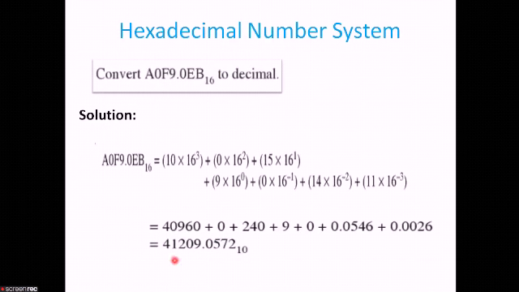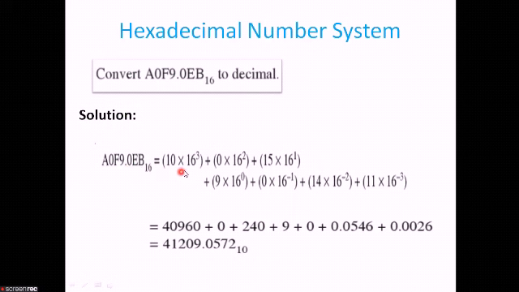Next, we are going to another problem. We have to convert this mixed hexadecimal number, which consists of an integer part and a fractional part, to a decimal number. Now how to do it? See, the point is here, so the position starts from here. It is 0, 1, 2 and 3. And what will be the position of this 0? The positions will be -1, -2 and -3.